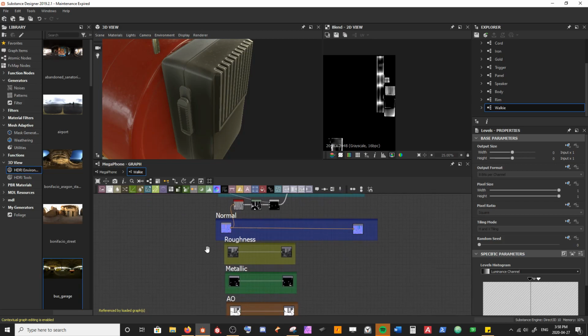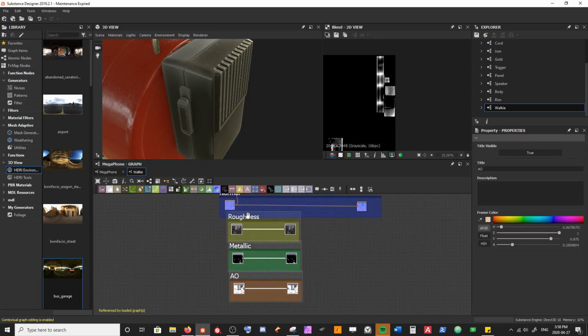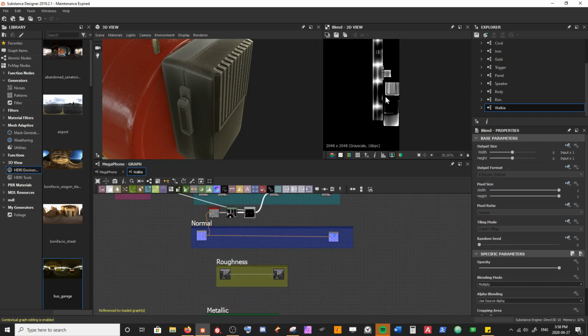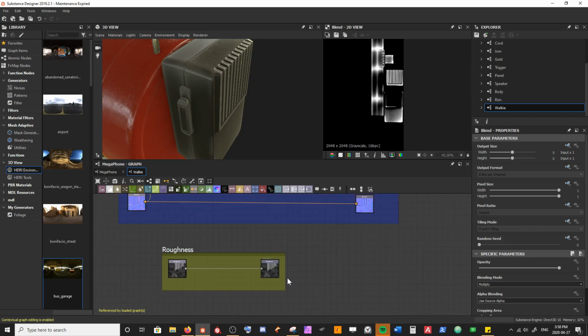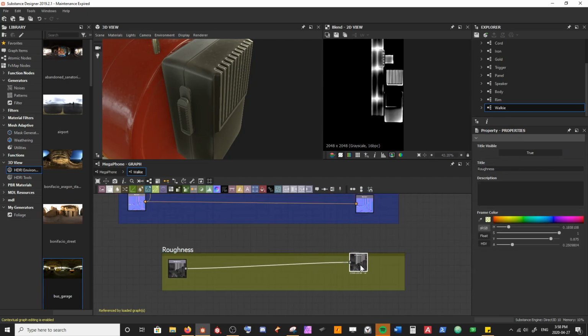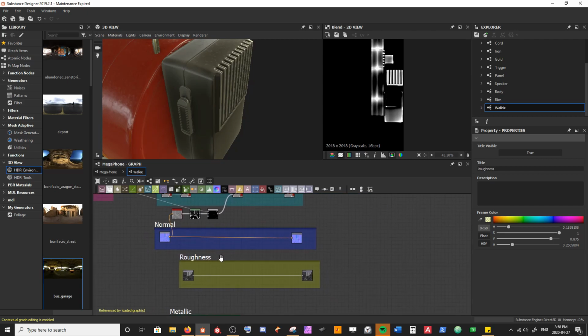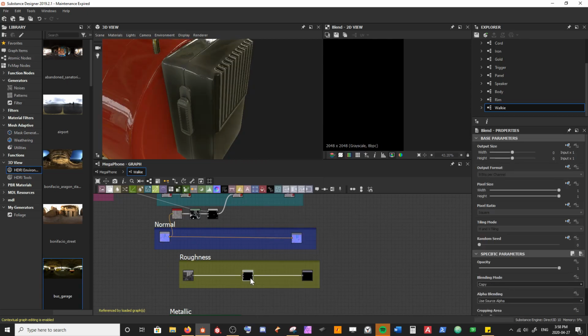I'm also going to go ahead and use that information that we've just made right here to blend in on top of our roughness, right? Because it's got some good edge information that we know is going to be a little bit rougher wear and tear, right, on our material. So I just want to go ahead and add that first before we get moving anywhere else and we forget about it. So if I add a blend,